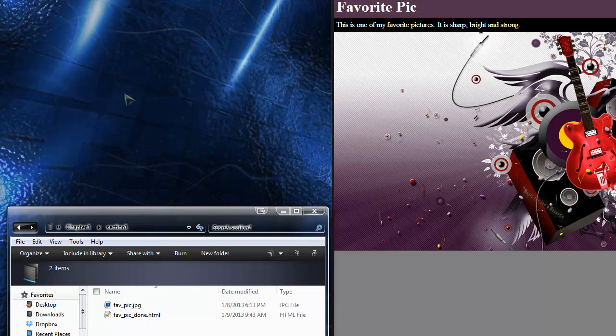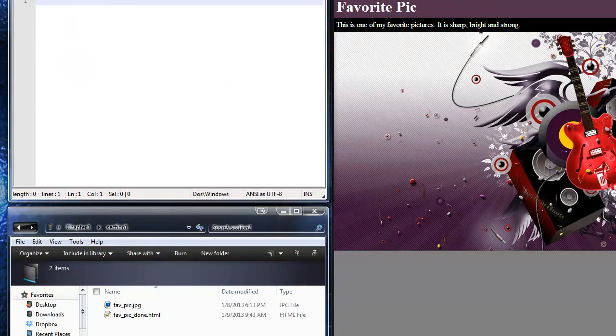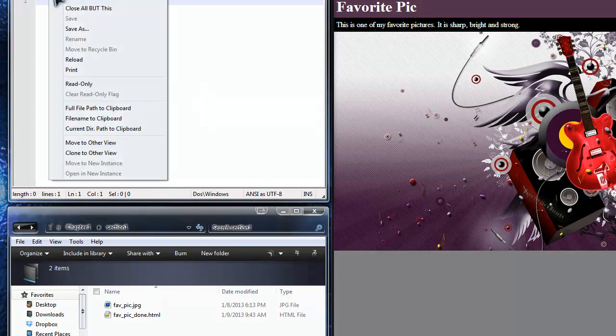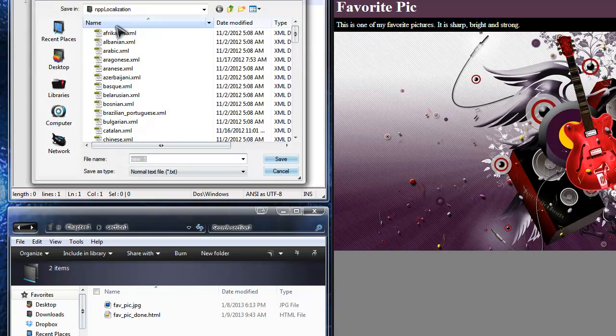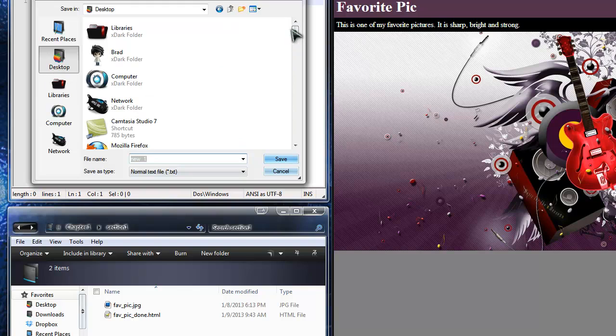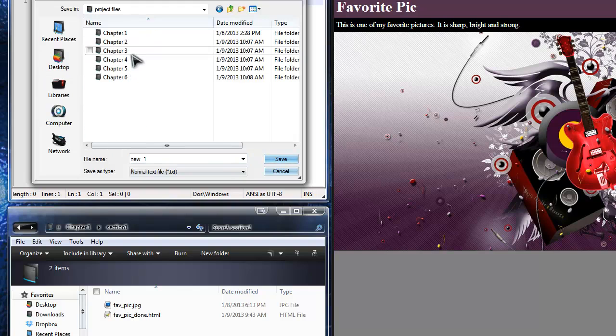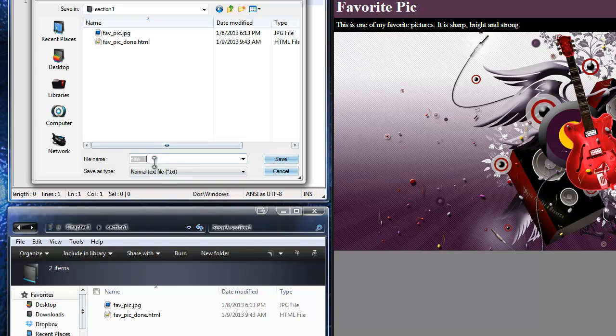Alright, so what I want to do now is create a new file. Let me close this out. I want to create a new file to work with. Now you'll see we have the fave pick done HTML file. I'm going to create a new file and I'm going to call it index.html. Let me just do that real quick. Oops. Save as, and you should save the project before you even start. So I'm going to save it to the same folder, chapter 1, section 1, and we're going to name it